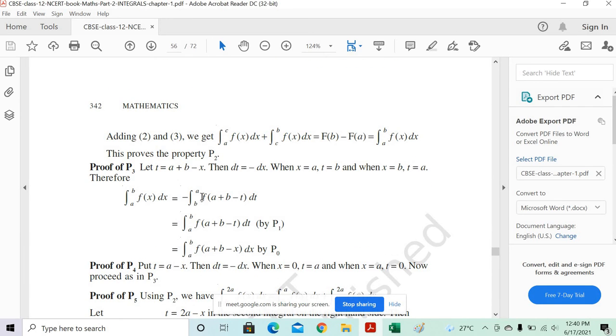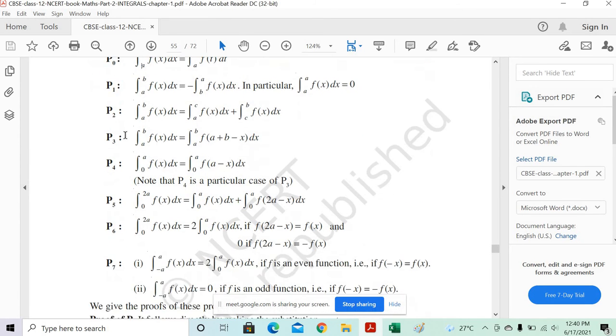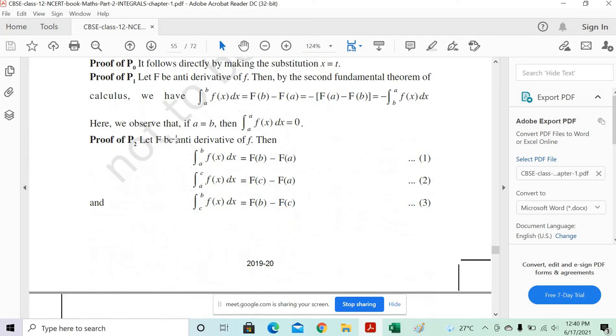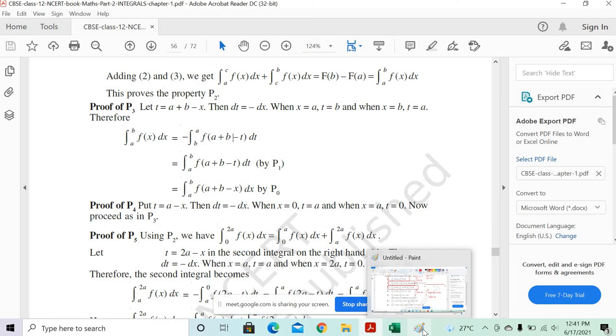Here, x is equal to a plus b minus x. It's something like this. Where is the P3 property? How do we get this part? Let's understand this part. So the application of the P3 property is clear to you. Now let's go to the proof part. How do you prove that this is the same as a plus b minus x? You put t equal to a plus b minus x, because this is what we want. Let's try this part so that it becomes clear.